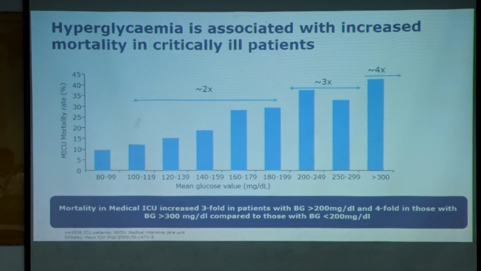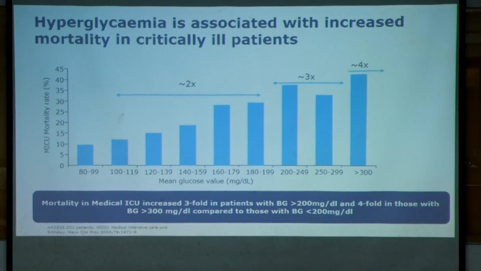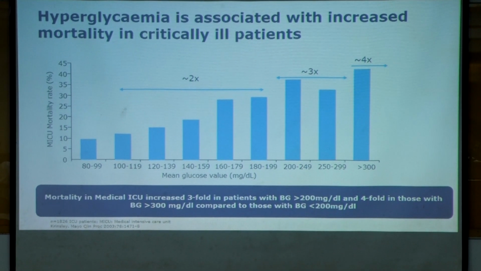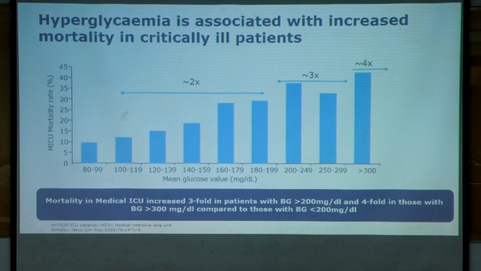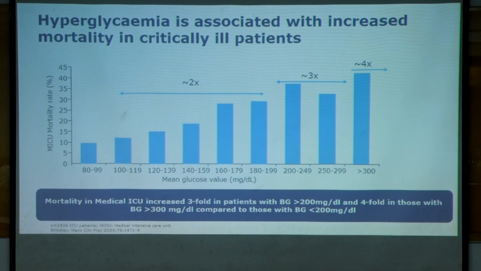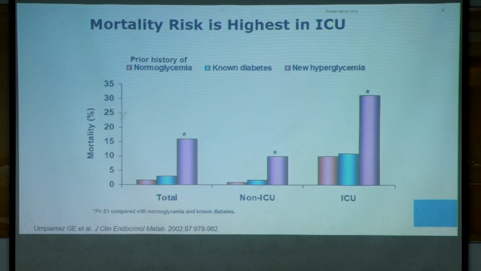Hyperglycemia is associated with increased mortality in the critical care setting. As you see in this graph, from 100 to 200 blood sugar level there is a twofold increase in mortality, from 200 to 300 there is a threefold, and more than 300 is almost a fourfold increase in cardiovascular mortality seen in this study. And mortality risk is highest in ICU care. You see the normal patients, total patients, non-ICU patients, and the ICU patients. The patients with newly detected hyperglycemia have the highest mortality in the ICU setting,